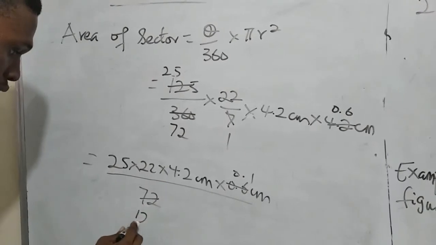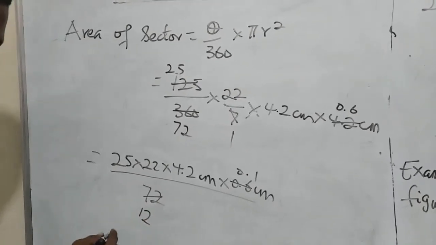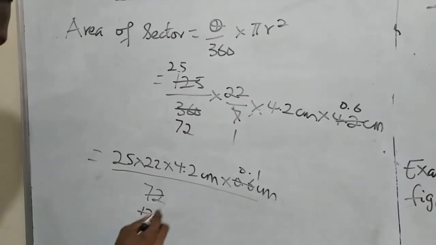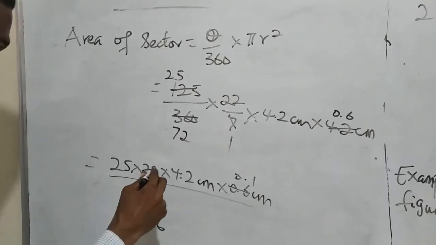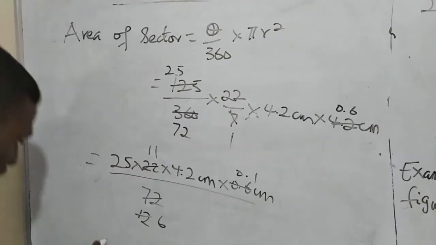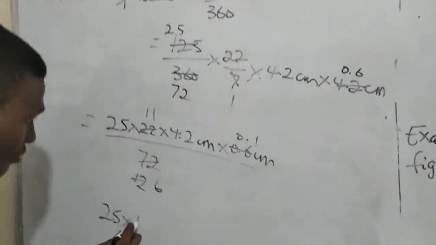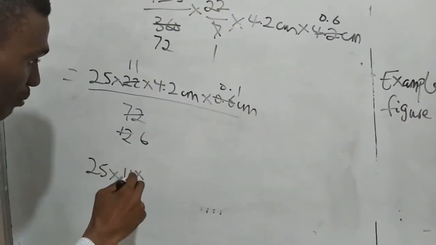6 here will give us 12. We have 2 here will give us 6. 2 here will give us 11. What's left? We have 25 times 11 times